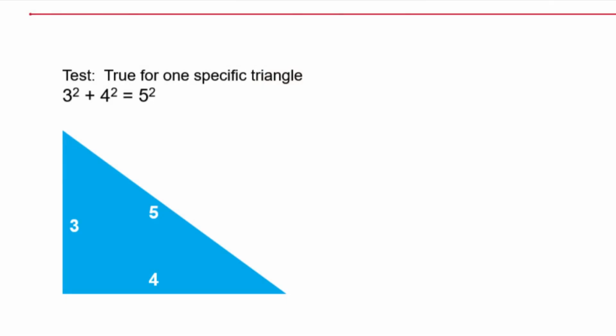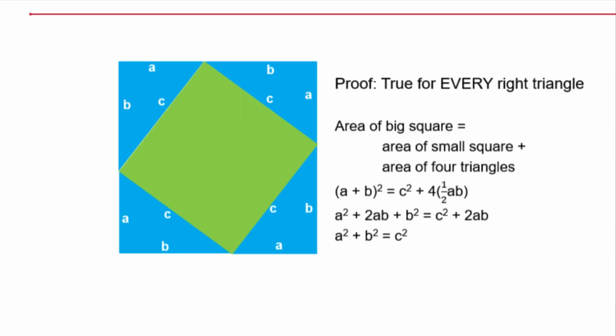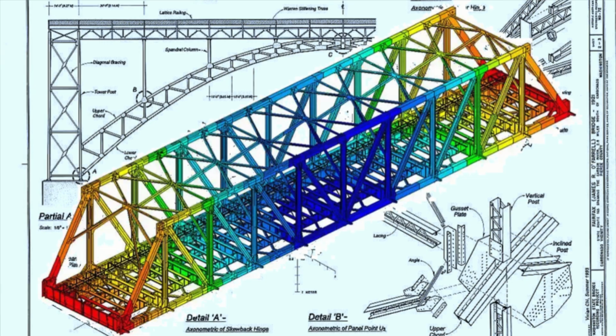For example, we can check that the Pythagorean theorem holds for any specific triangle by testing it. However, if we want to know that the theorem holds for every right triangle, we need a proof. Similarly, when structural engineers build a bridge, they do not determine the adequacy of their design by driving heavier and heavier trucks over it. They rely upon mathematical tools like finite element analysis to identify the high-stress points in the design and check that the material properties of the structure provide sufficient strength.